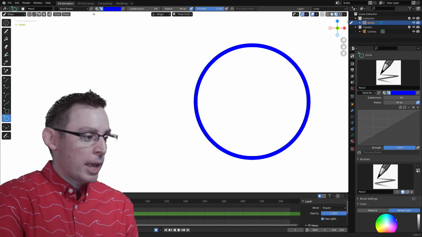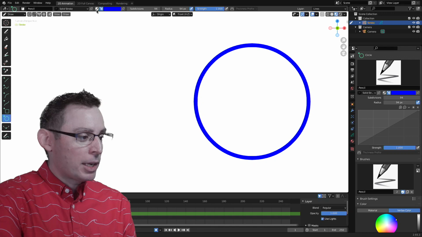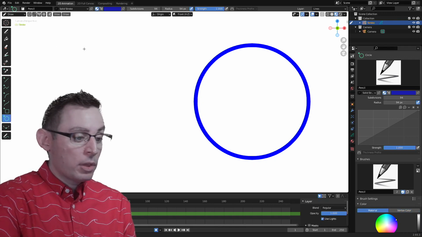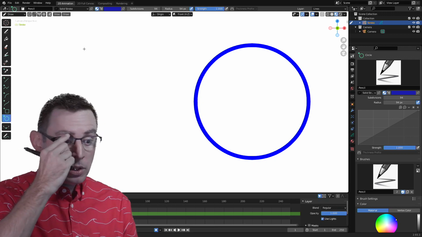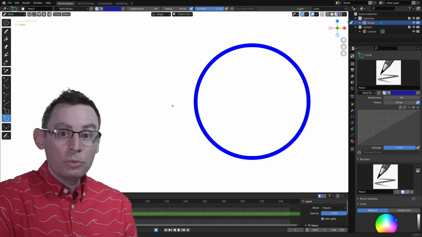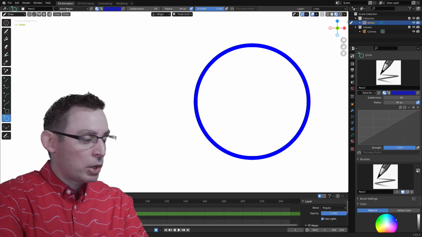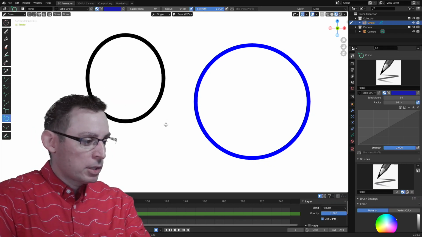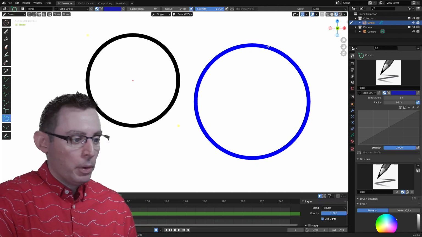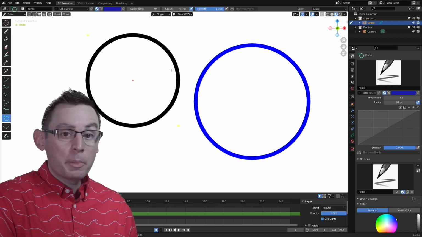I'm going to draw another shape now using materials. And now I'm going to click on this button. I'm still going to work with a simple shape, but now I'm working with a material. I'm applying the default material to the stroke that I set down. The default one is solid stroke. I'll show you that here in a second. So let me just make a solid stroke here. And voila, I got a black one and a blue one. The blue one was the vertex color, the black one's the material.